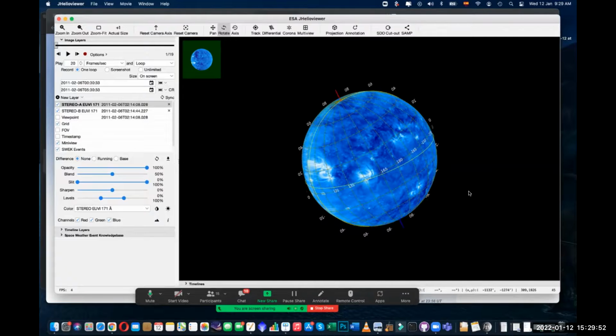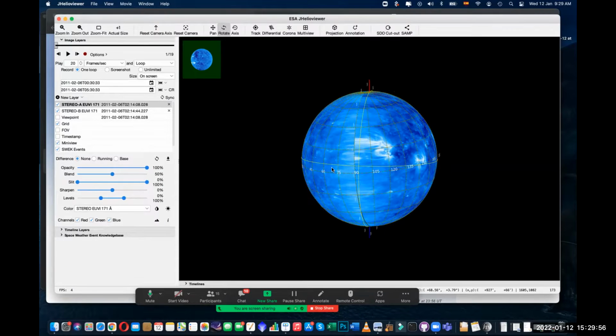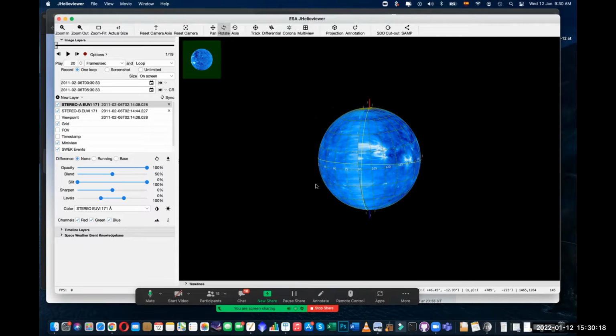That was the first time in history that we were able to look at the whole sun at the same time by using these twin spacecraft. The problem, unfortunately, is that in 2014, stereo B was damaged. So since then, we only have the possibility to look at the sun from stereo A, stereo Ahead. Okay, but what if we,